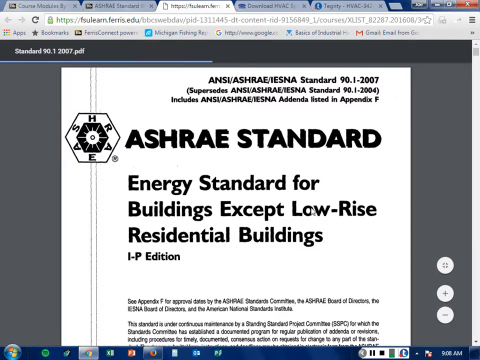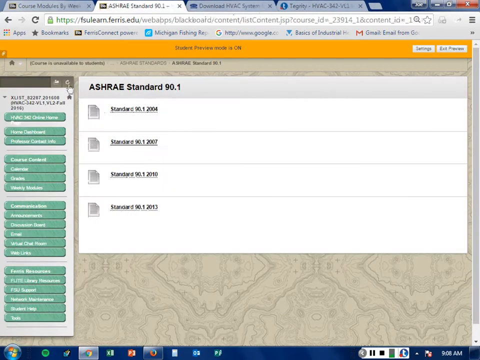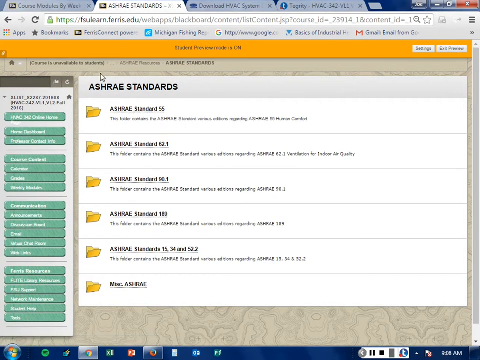If you were to go into the 2007 one, you can open this up, you can look at it, and you could also save this if you wanted to and keep it for yourself to use while you're a student at Ferris. So I'm going to go back to our home screen